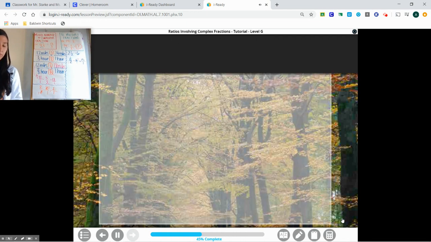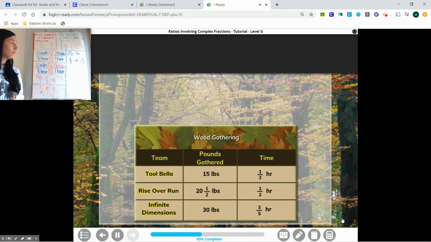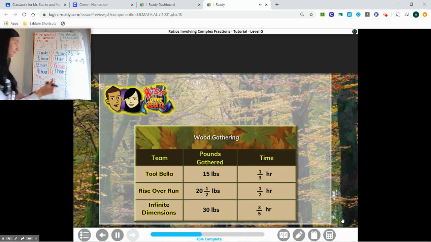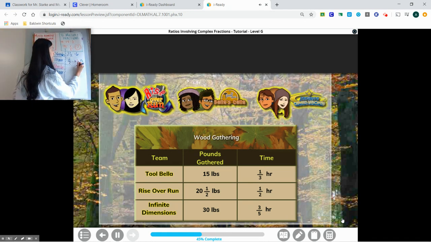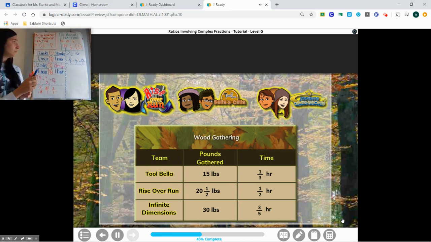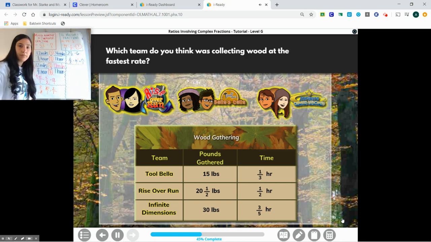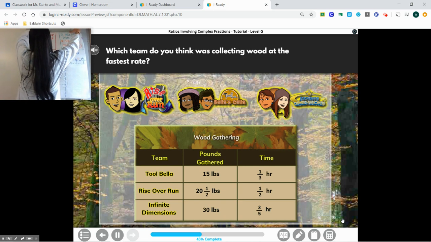Hey guys, we've got some more numbers coming in from our competitors. Looks like everyone is reporting in their final gathering amount and time. Some of the teams gathered more firewood than they will need, so it'll come down to who had the fastest wood gathering rate to declare a winner for this. Which team do you think was collecting wood at the fastest rate? Okay, so now rate, we know, is unit rate. So we want to divide. So let's start. I have the next piece of paper